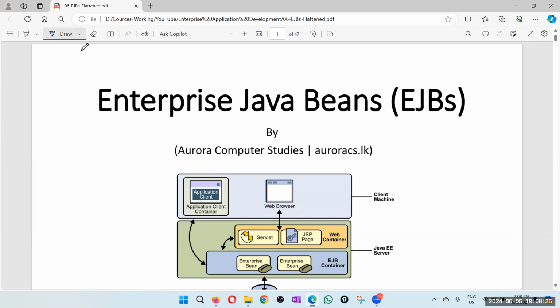So Enterprise Java Beans is another enterprise technology related to Java. Remember, we finished JSP and servlet. So that is again server side. Yes, server side, but it is a web tier concept. So remember in 3-tier architecture, we have the web tier,